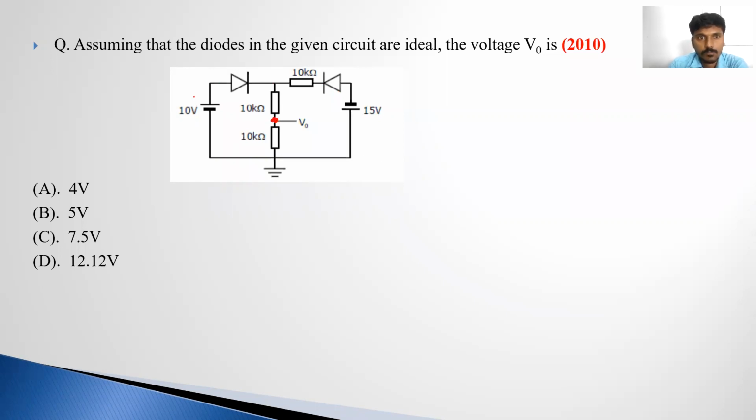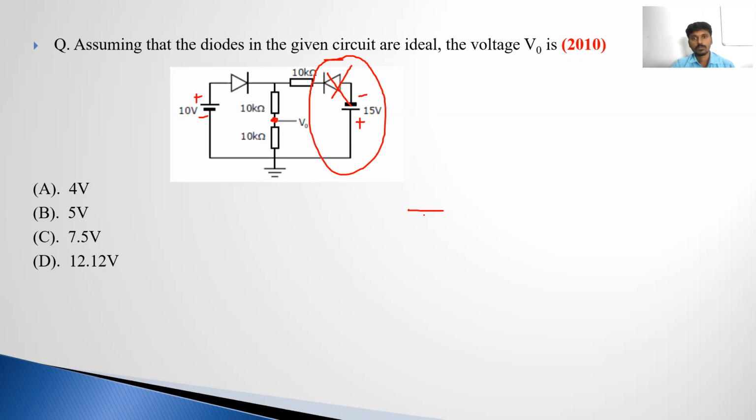So here, this is the positive and this is the negative. And this is the negative and this is the positive. So how can we find out? Is there any chance to turn on this diode? Please tell. No, right answer. The anode is made negative. Clear? So the anode is connected to the negative, so there is no chance to turn on this diode. So we can neglect this circuit.